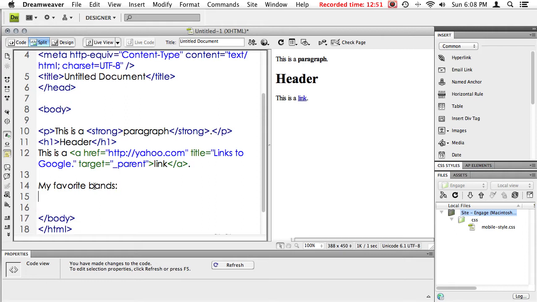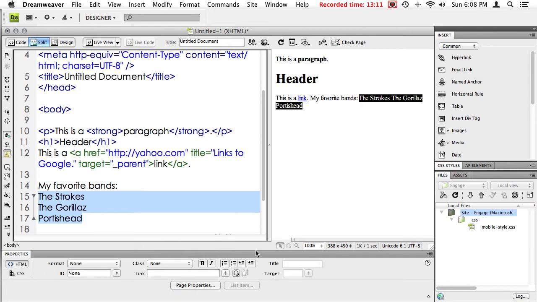And I'm going to start my first one by saying the Strokes, then the Gorillaz, and Portishead. So I'm going to select these, click refresh again because it's lazy, it doesn't refresh, and I can either